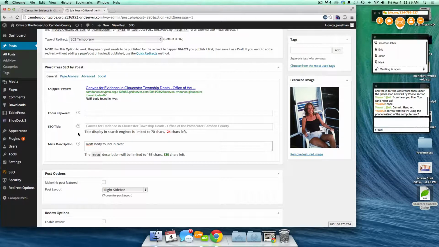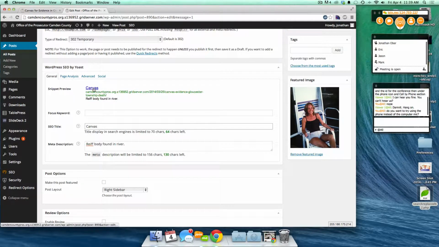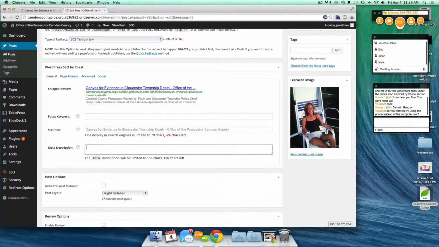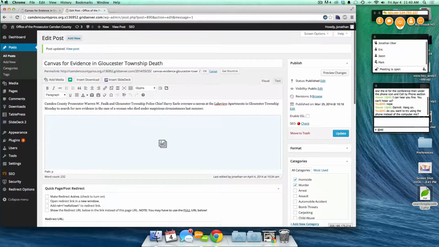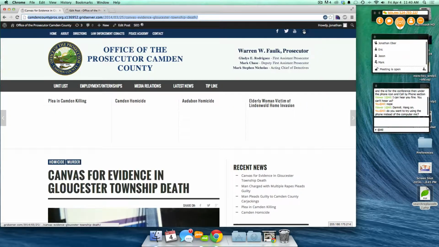You can shorten the SEO title. Right now, the Office of the Prosecutor, Camden County is part of the title automatically. But you can change that, and this will change the snippet preview. It doesn't change our long URL, but it makes it more specific. So you can certainly change those aspects on an individual basis. You don't have to do it for everything, but you can do it for some of the things. And that's for searchability, and that will help in Google search,